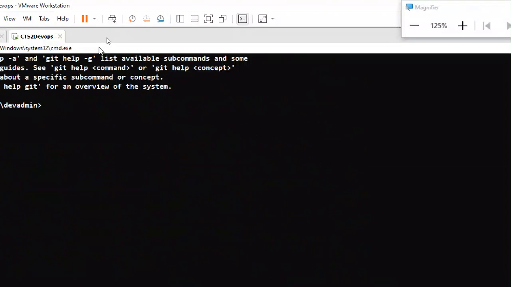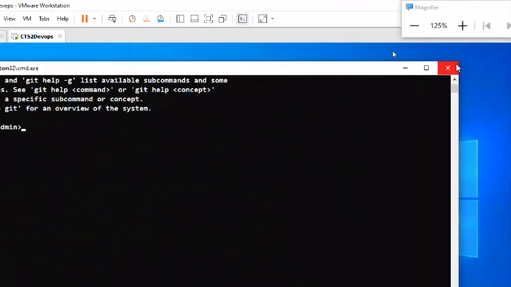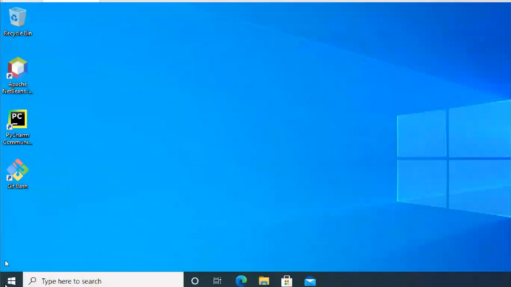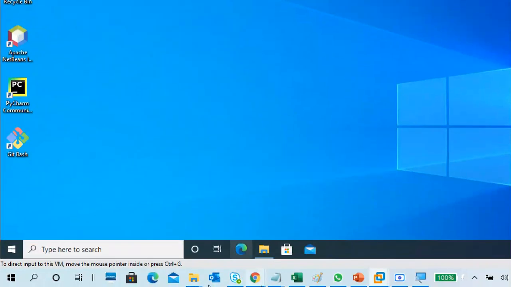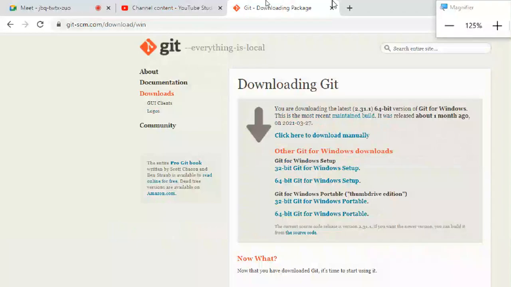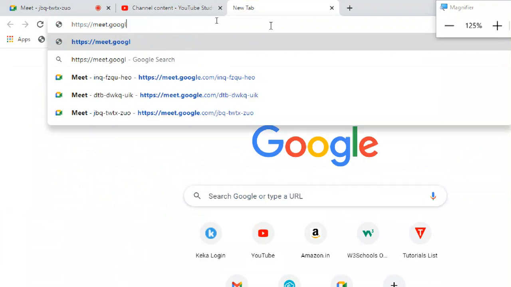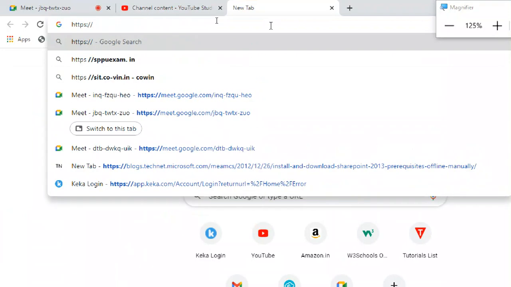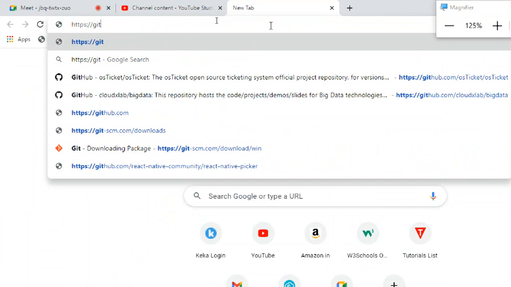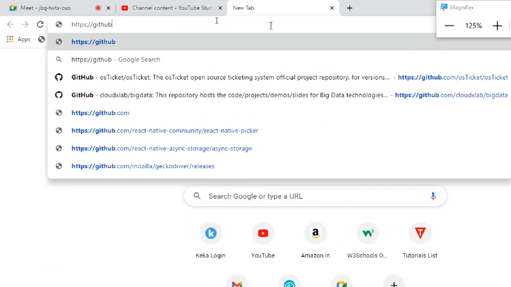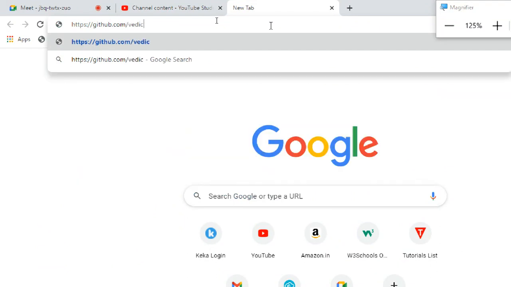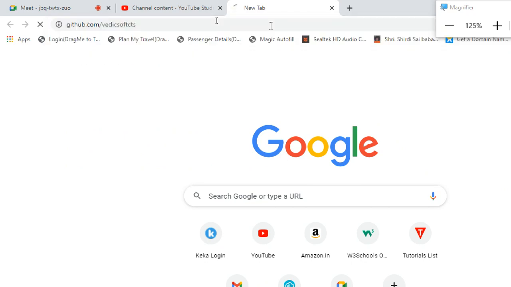Okay, so just as a sample, I will show you git clone. I opened some Git content from my PC, so I created my own Git. Here, in GitHub, I have a repository at github.com slash vedic cts, vedic soft cts.